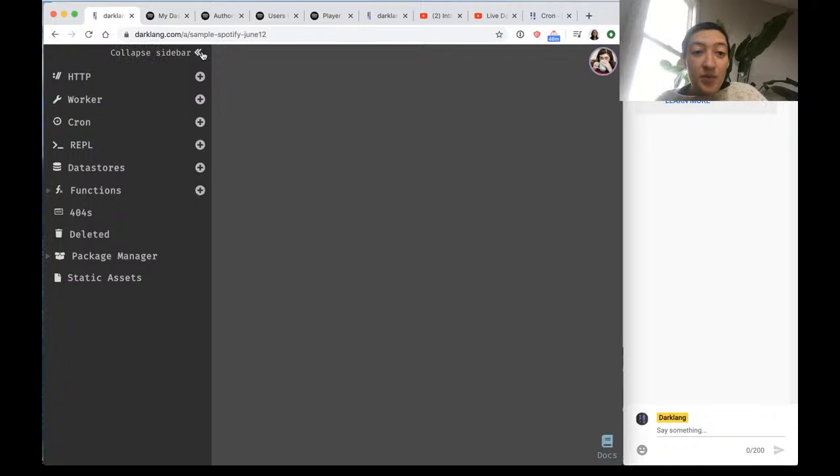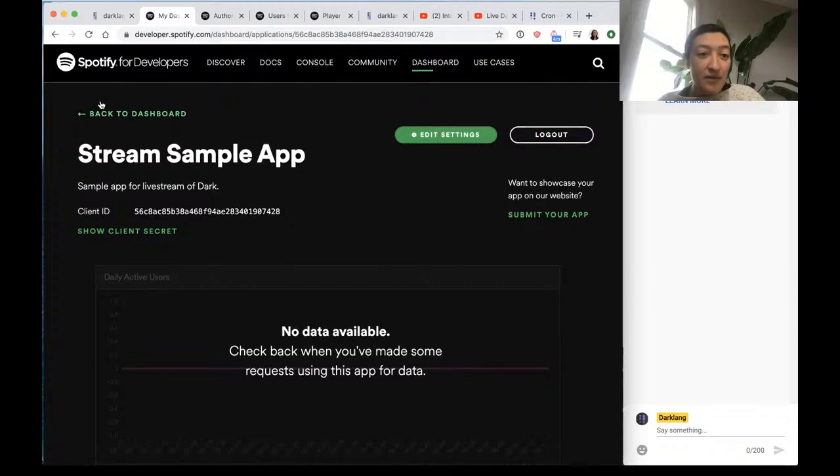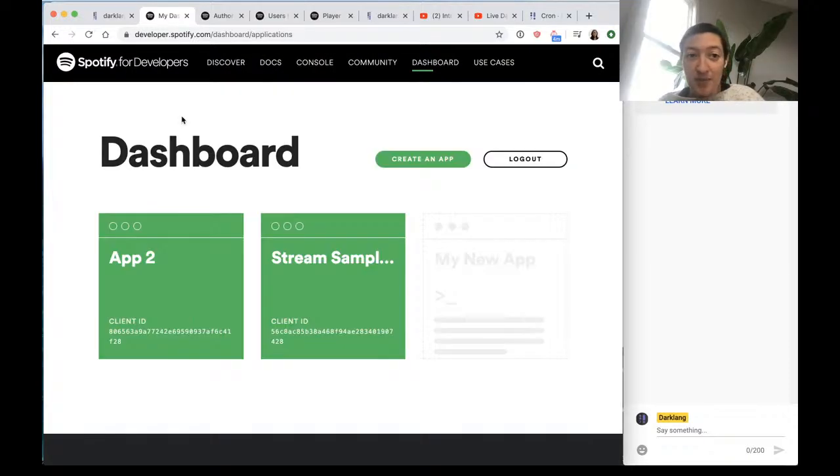So beyond that, let's get started working with Spotify. I wanted to do Spotify just because it's fun. Most people have a Spotify account. We're going to look at adding some Spotify package manager functions, and I just figured that'd be a nice one to get started with. If you have not used the Spotify API before,